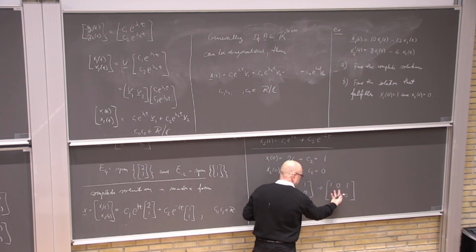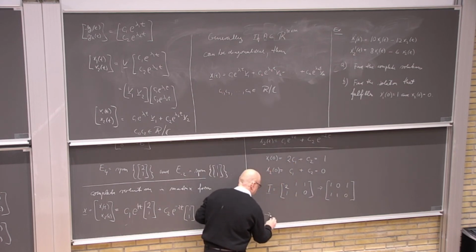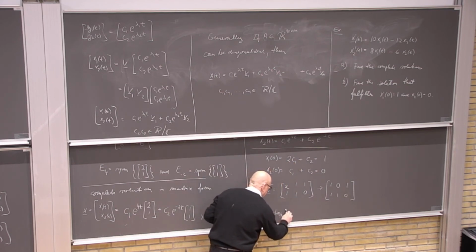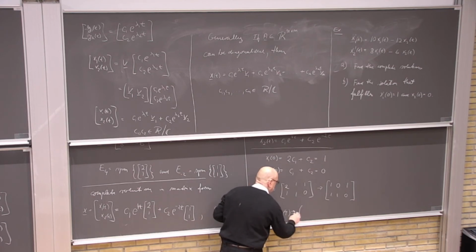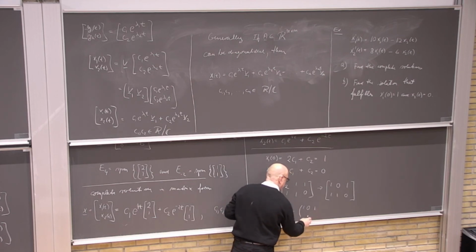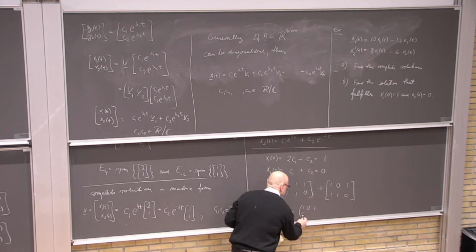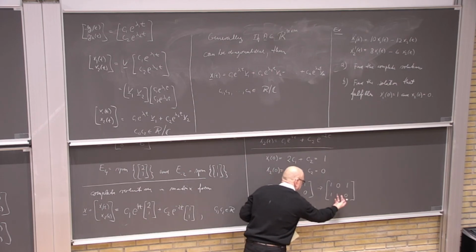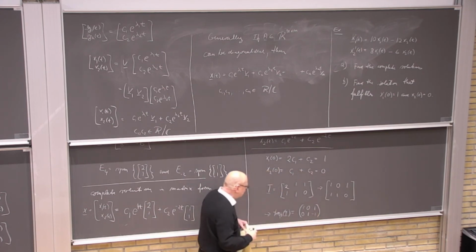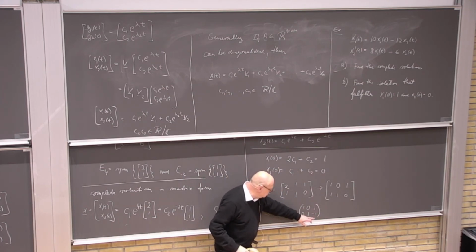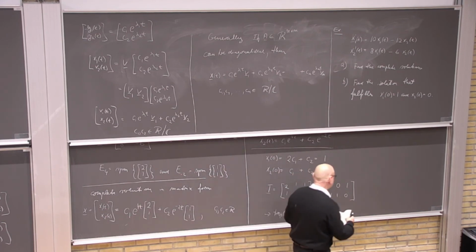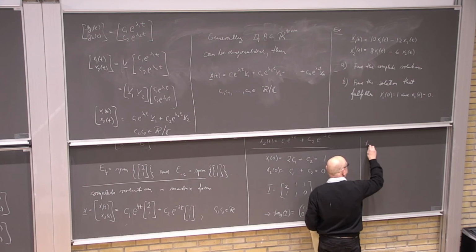And then I subtract the first from the second equation. Then I get a 0 here, I get a 1 here, and subtracting I get -1 here. So I can read the solution as c1 is 1 and c2 is -1. And this will give the solution